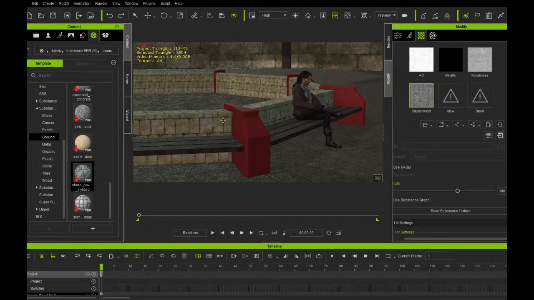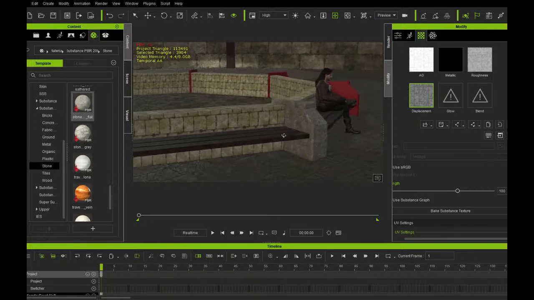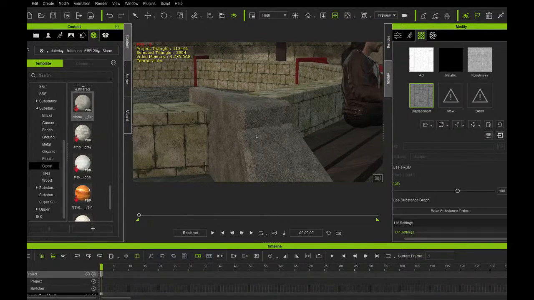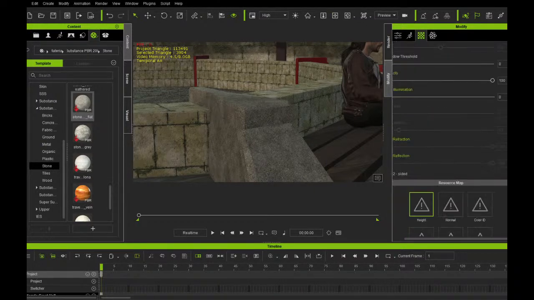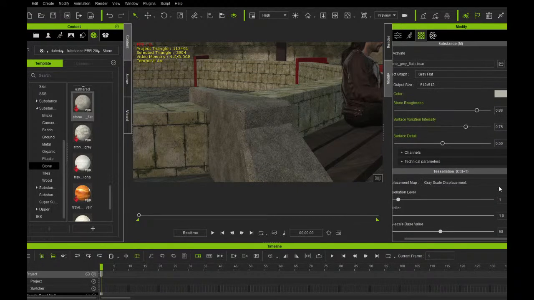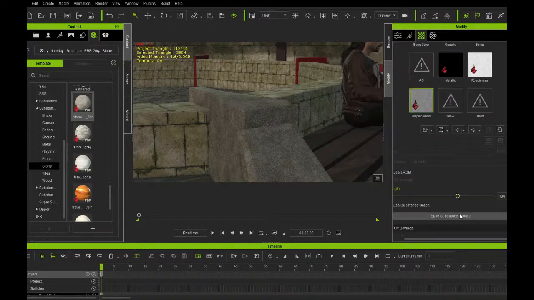So next up we've got these red sections. I'm just going to use maybe this. Yeah, that looks good. I don't think I need to change anything about that one. Let's have a quick look what the options are. So I will increase the texture output quality. But yeah, that's good. Just bake this and then I'll paint it on